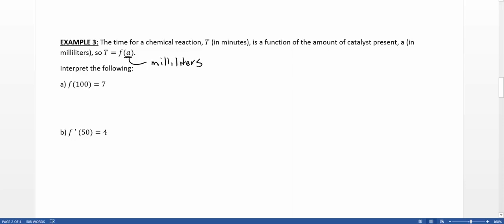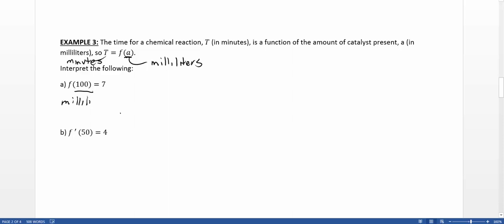And it turns out in this particular example that my dependent variable is time, which is minutes. Now this is unusual. Generally when we have time, it's our independent value. So here we have to be extra careful when we're assigning units and making meaning of our statements. F of 100 equals 7 means here that the 100 is actually in milliliters, which may not be what you